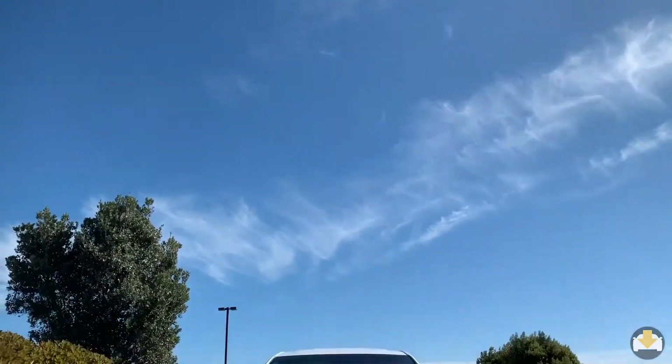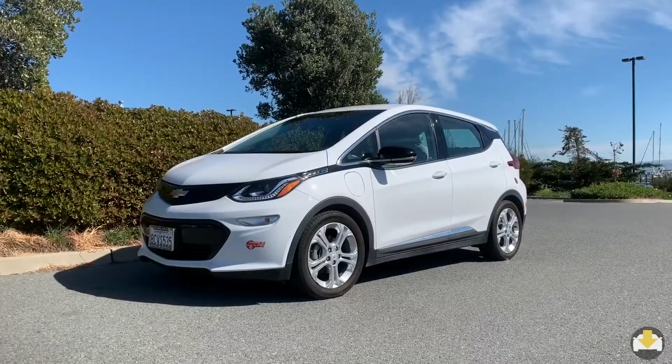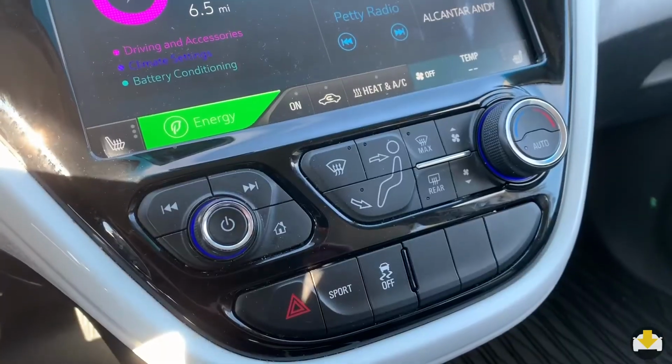With that said, how many stars does he rate the Bolt? I think because of all the features, the range and the entertainment center, the screen, I would probably end up